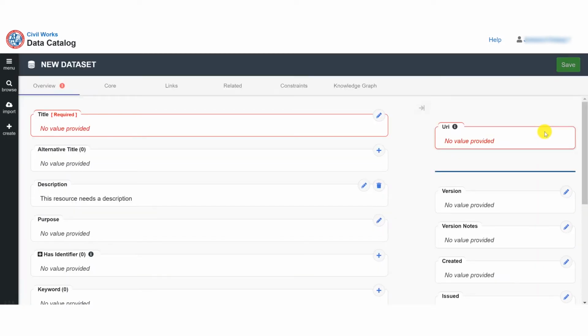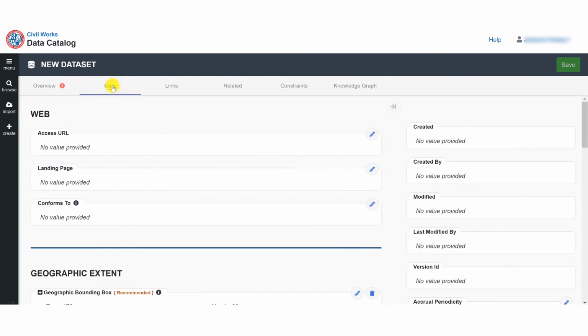In the page that opens for the new dataset, enter metadata that is relevant to the dataset and will assist in forming relationships with other linked assets. As you can see, there are many different properties that can be added to a dataset. In this example, we are only going to enter a few properties, but there are additional sets of properties that